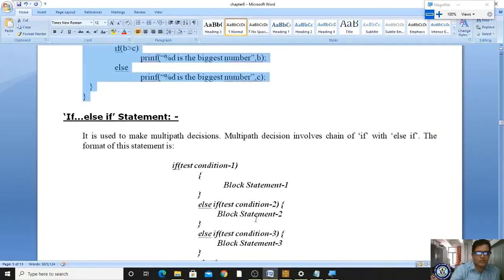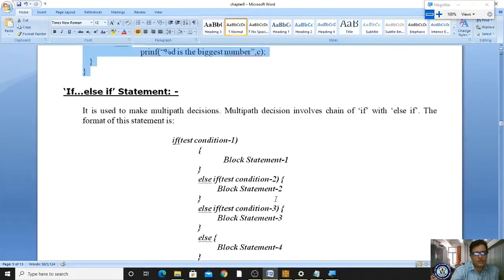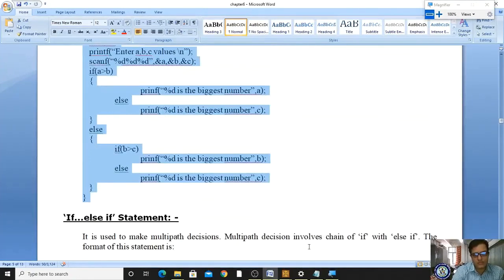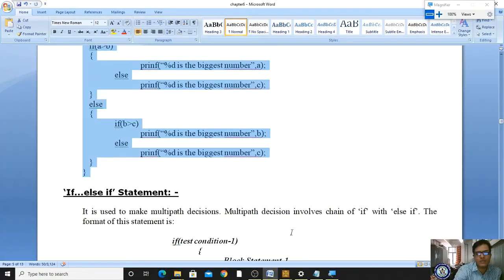Okay, so next our concept is the else if ladder. In the else if ladder we will learn this, an alternative to nested if else. It is a multi-path decision. Multi-path means it consists of several conditions, among which one will be matched. For example, how many days are there in a week? 7 days, right? If day is 1, it has to print Sunday. If day is 2, it has to print Monday. If day is 3, right? For multi-path decision programs like that, we have to use the else if statement.